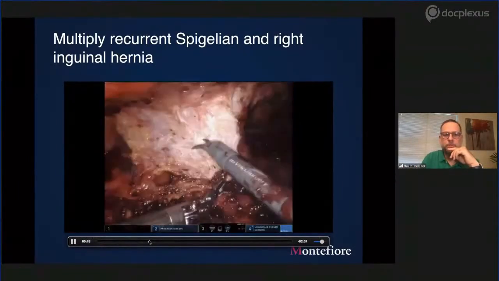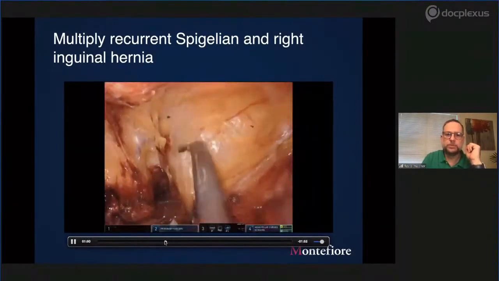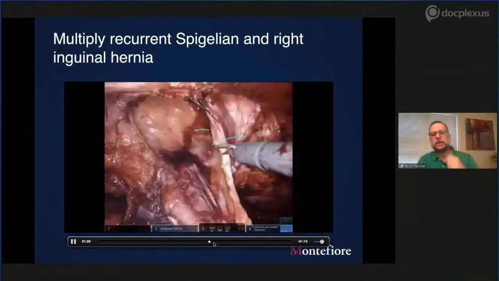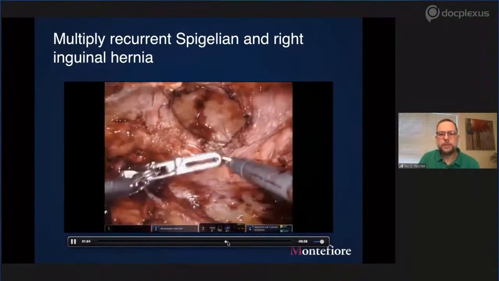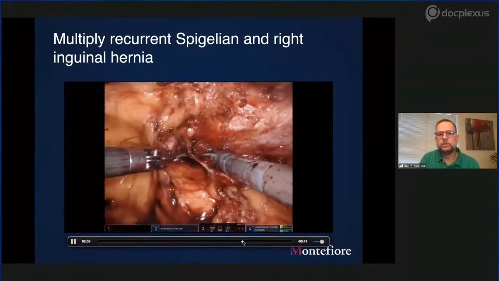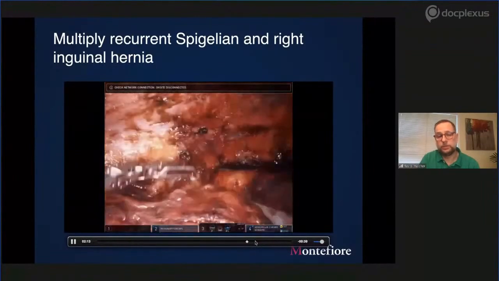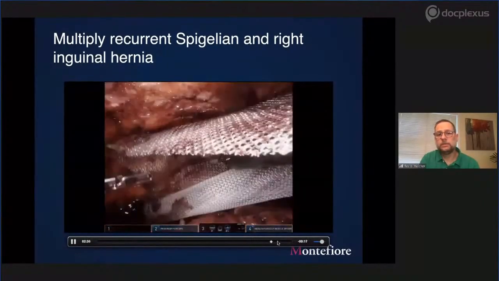Again, preperitoneal flap as big as you can. We know that probably the sac cannot be reduced. It'll be transected. You get your retroperitoneal space wide open. And then, once you have enough space, you can close the defect and usually would use a V-lock suture, transect the round ligament, as I do in females as well, and put your mesh,